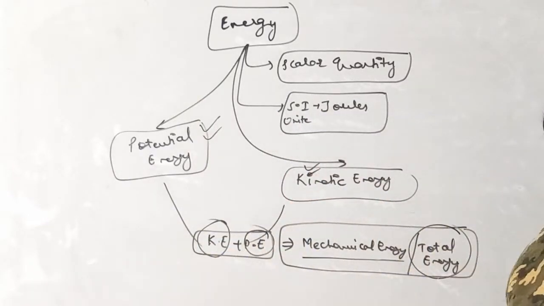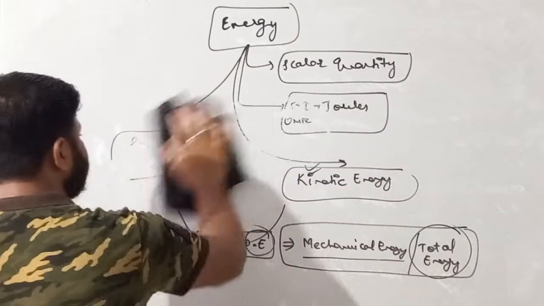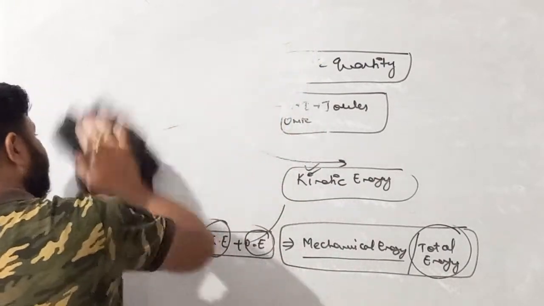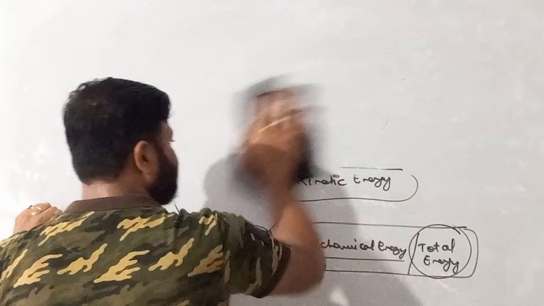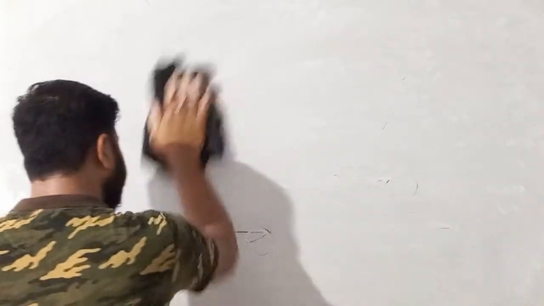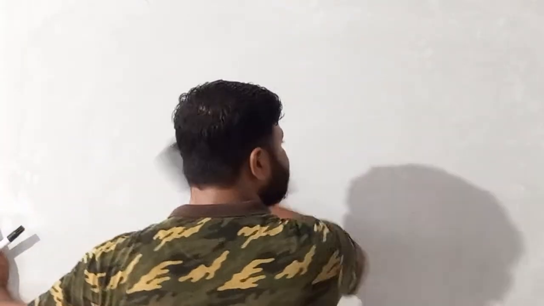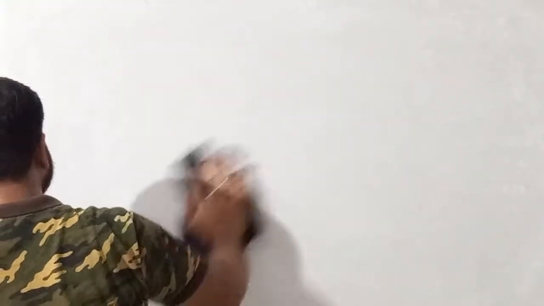Now we'll discuss energy by turn. Please write it down. First we'll discuss kinetic energy. Kinetic energy is that energy due to which a body is in motion. If we are performing work or we are moving, we need some energy. The energy which is required for performing motion, or the energy by virtue of which the body performs motion, is called kinetic energy.